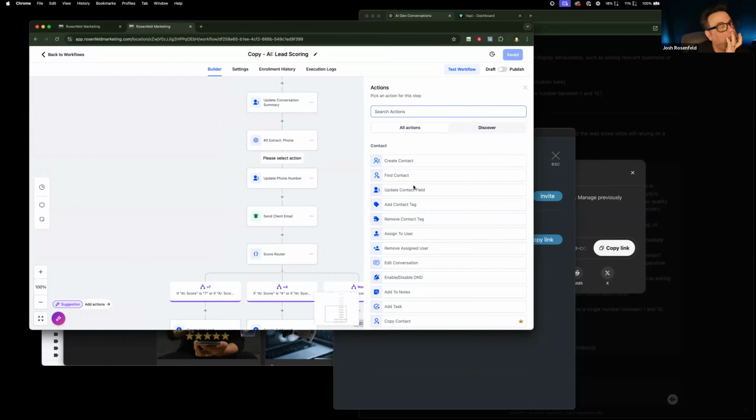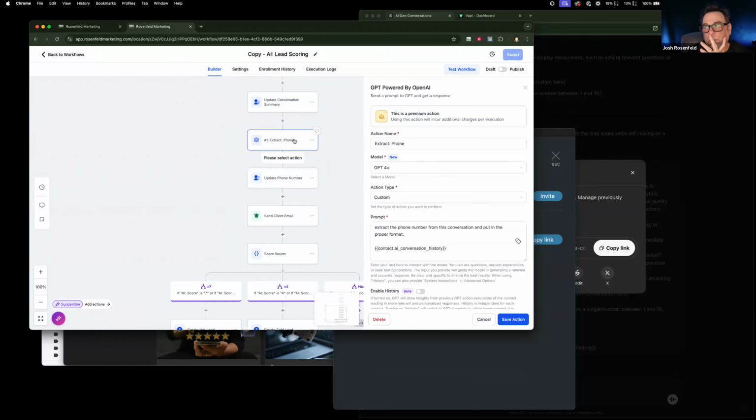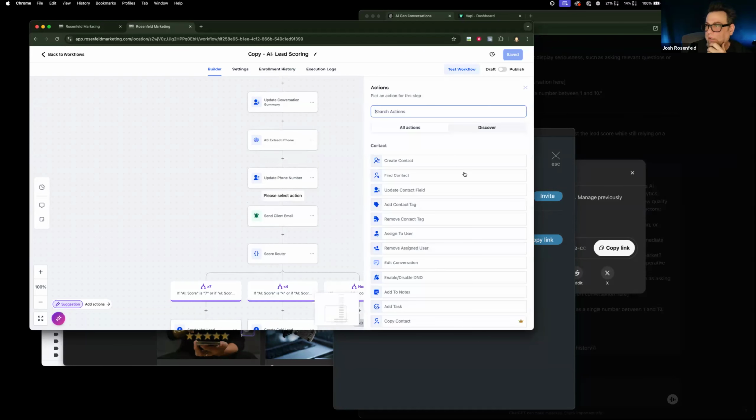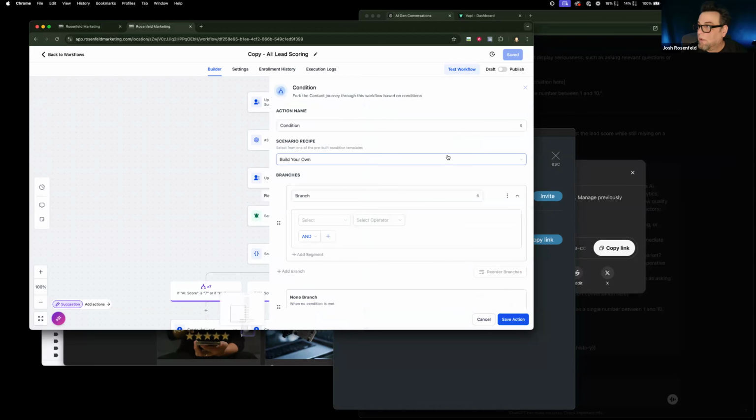Let me see here. When I extract the phone number, I put it in proper format. If the number appears invalid, do not make a response. So if anything, it will put a blank number in. That's one way. The other way is once I get the phone number, you could probably do an if else. That is, if phone number